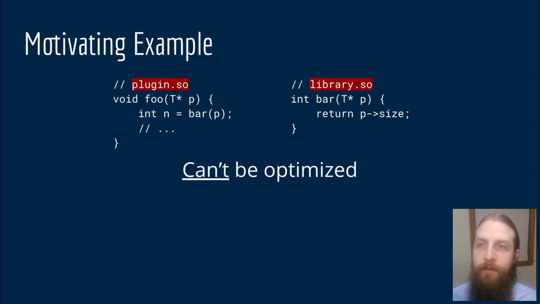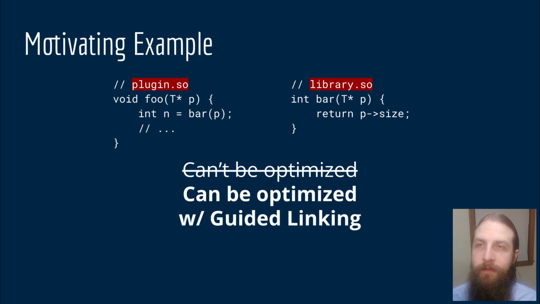But let's say one of the functions is defined in a plugin and one is defined in a shared library. All of a sudden, there's no way to optimize this code. There's no option you can turn on or tool you can use that will let you inline a function from one shared library into another. The purpose of guided linking is to fix that and let you optimize code across the boundaries between dynamically linked